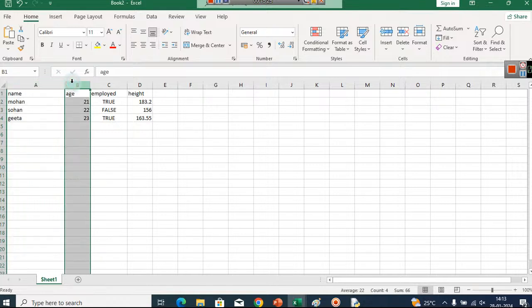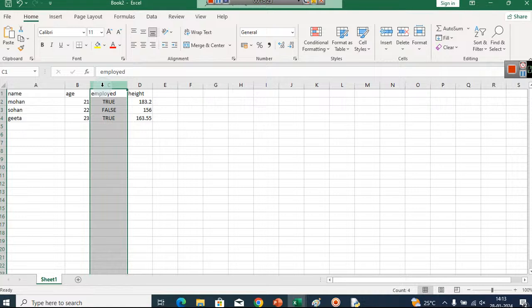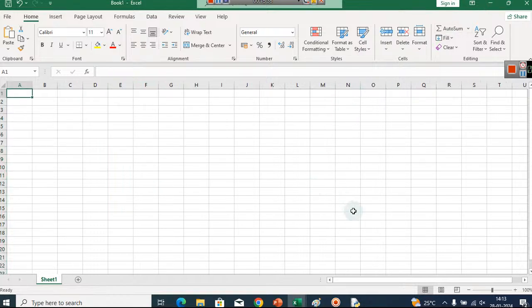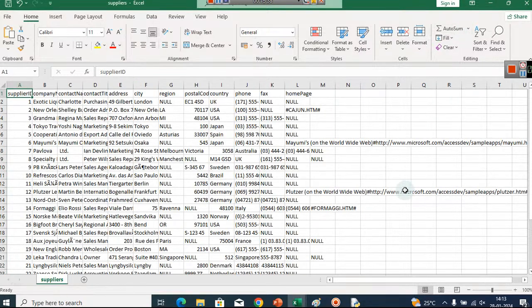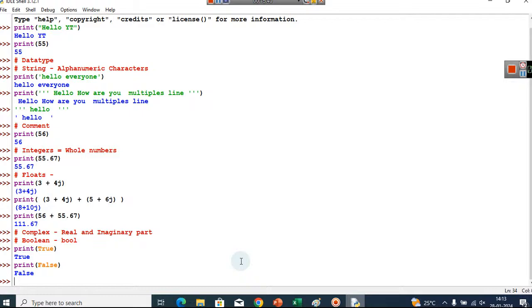So here you can see, while collecting this data, we have one column which has all string values. We have another column which has all integer values. This column has all Boolean values, and the height column has all float values. So that's why these different data types are there, and this is why Python is a very commonly used programming language for data analysis, because it has all those data types which it can deal with all types of data.